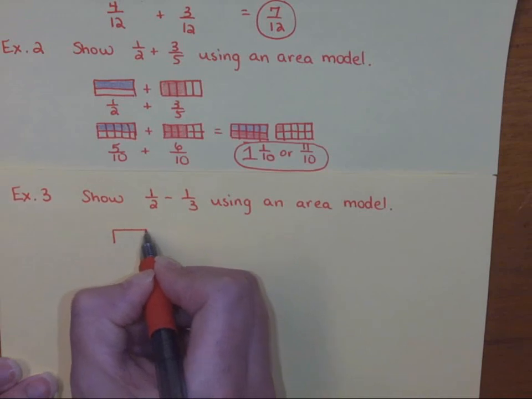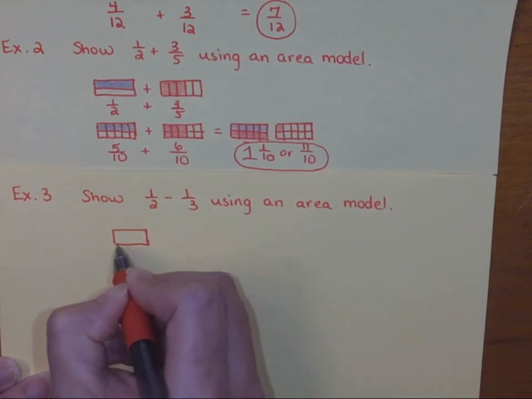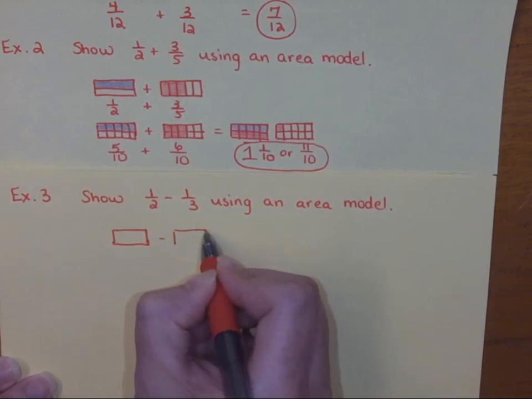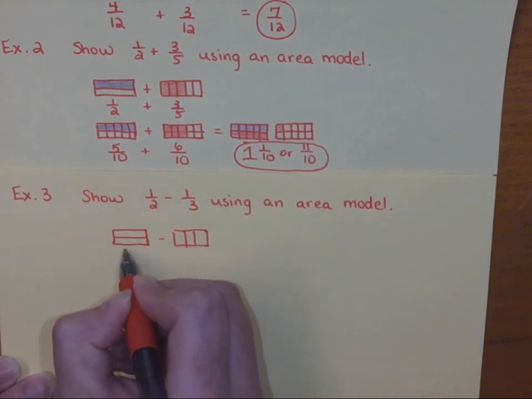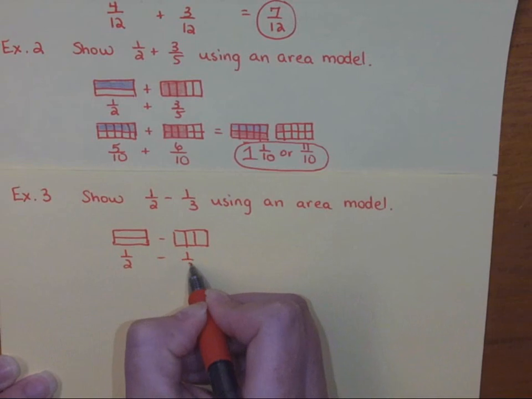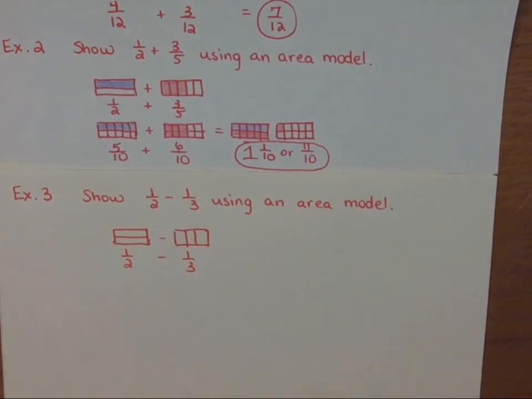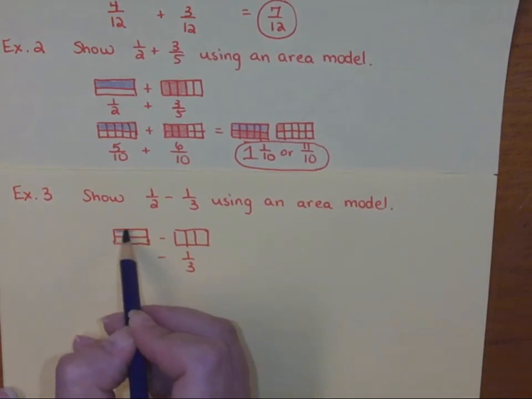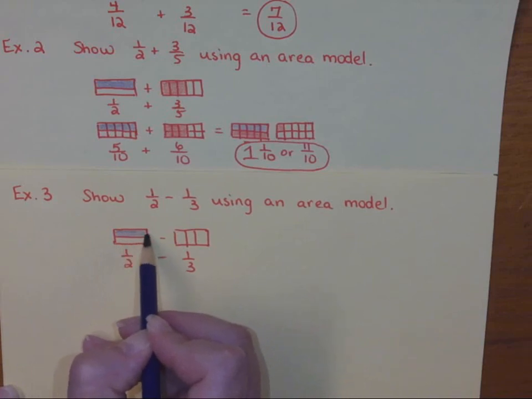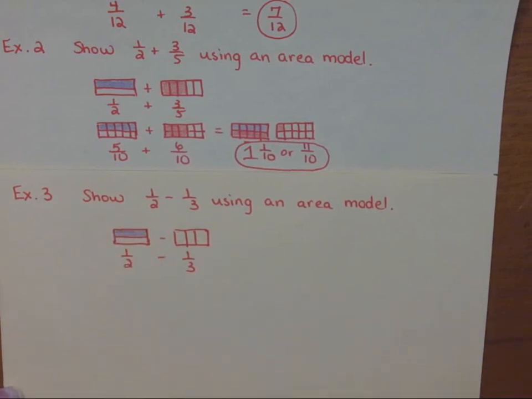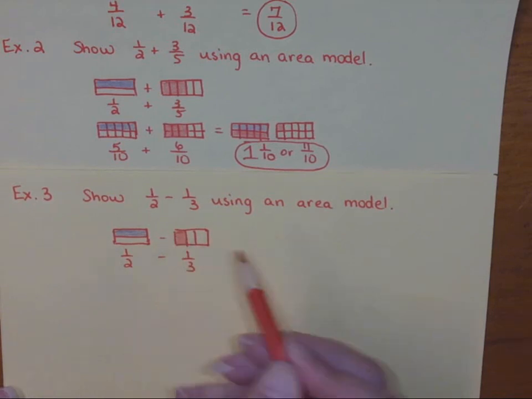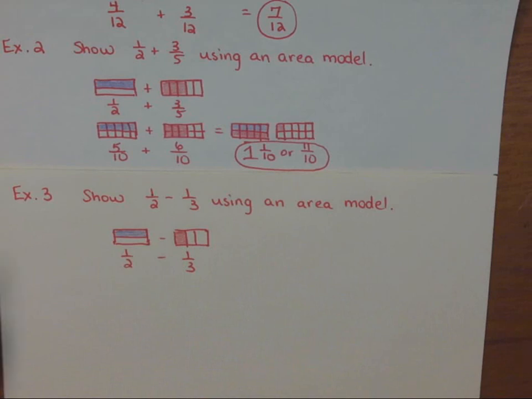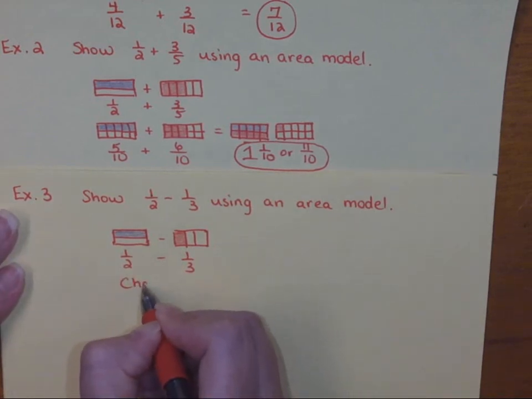So we're going to start with what we were given, right? 1/2 minus 1/3. So I've got 1/2 minus 1/3. For the same reason that I couldn't add these pieces, because they're not of equal size, I can't subtract them either. Okay, so this is going to change to